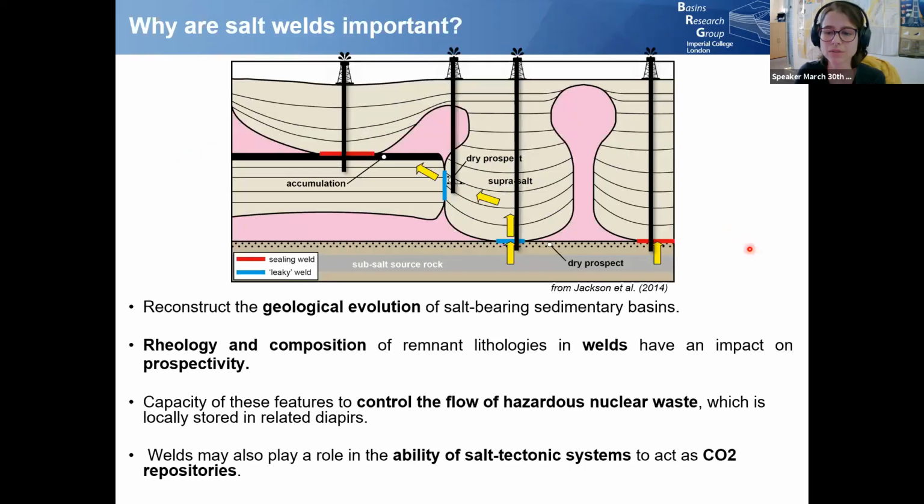So why are salt welds important, and why do we want to study them? It's because welds are important to reconstruct the geological evolution of salt-bearing basins. So understanding the timing of weld formation helps understand the original thickness of the salt layer. Also, welds have an impact on the evolution of the basin after their formation, as they may restrict salt and overburden from translating horizontally. They are also important because the rheology and composition of the remnant lithology in welds may